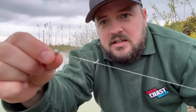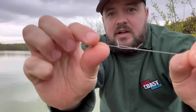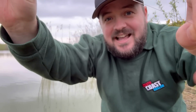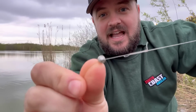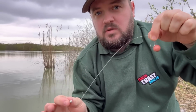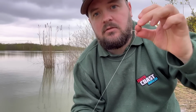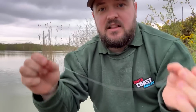So I added a split shot. If you're wondering what this is, it's my rig that I've just blood knotted onto there. Don't laugh, because it worked. So I've got a split shot there to help me with casting distance, and what's happened is, as it sits on top of the water, that split shot pulls it down like that, which in turn pulls the pop-up down like that. So what must have happened is, obviously I've cast it over his head, it's hit the water, and